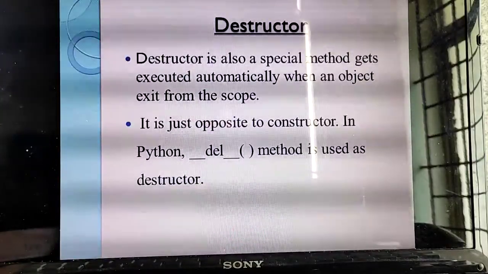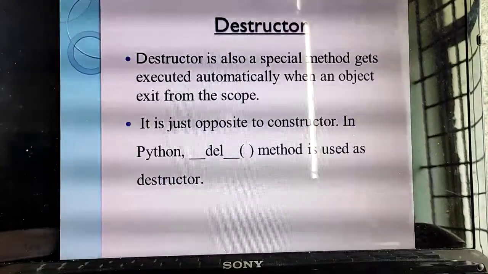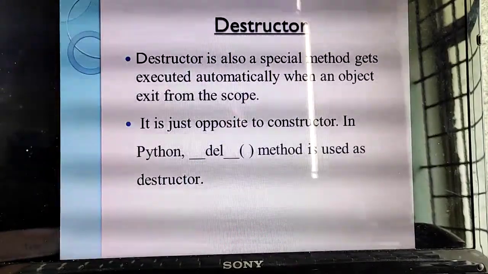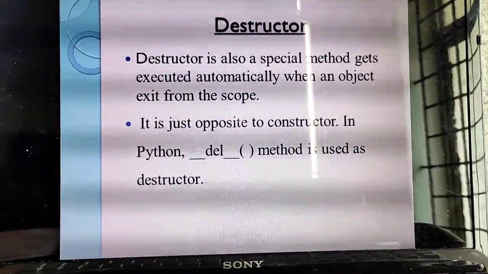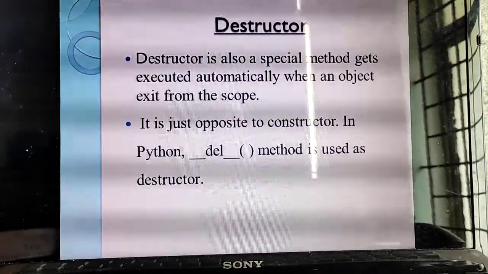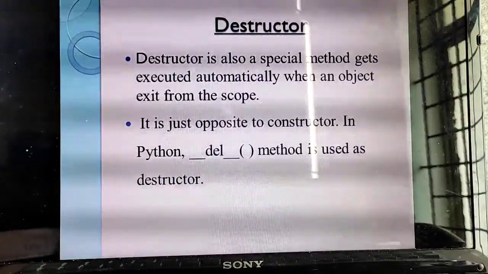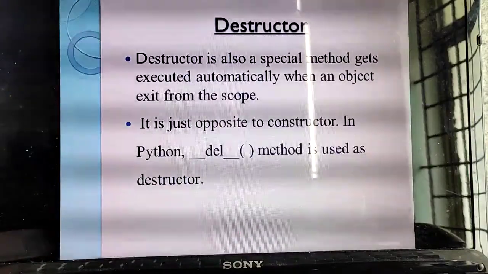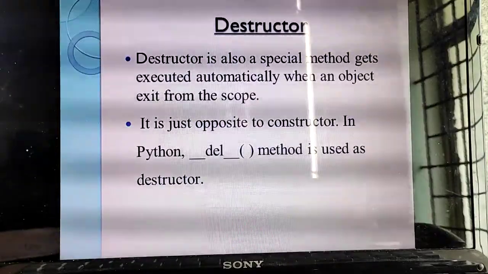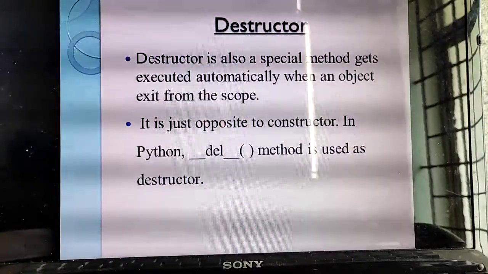That's the use of destructor. Understand? Constructor, whenever you have created an object, automatically it will get executed. But destructor, it will exit from the scope. So it is just opposite to the constructor. For constructor you have used one special function called underscore init of, isn't it?